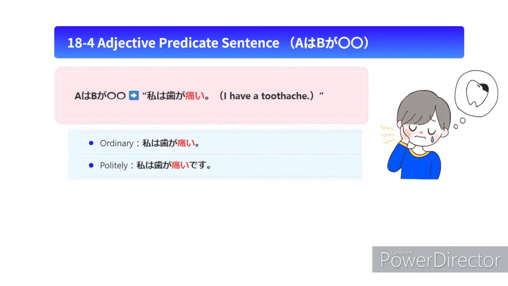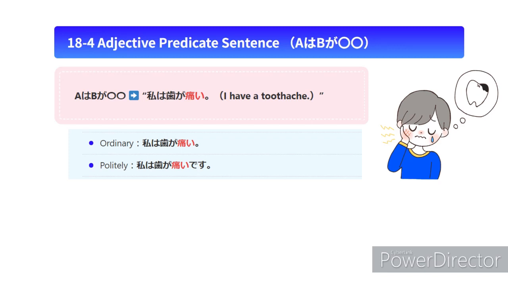Finally, let's try saying the sentence, I have a toothache, in Japanese. The ordinary expression is, 私は歯が痛い。 The polite expression is, 私は歯が痛いです。